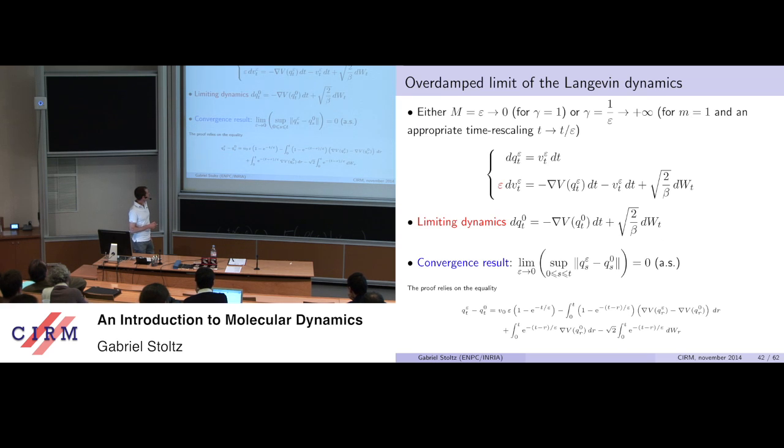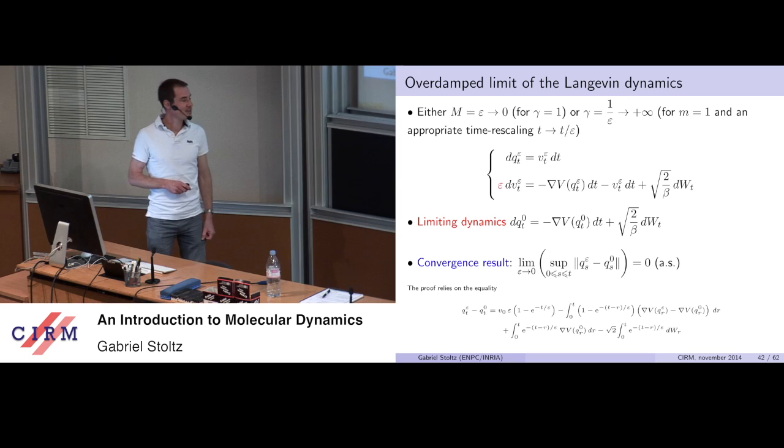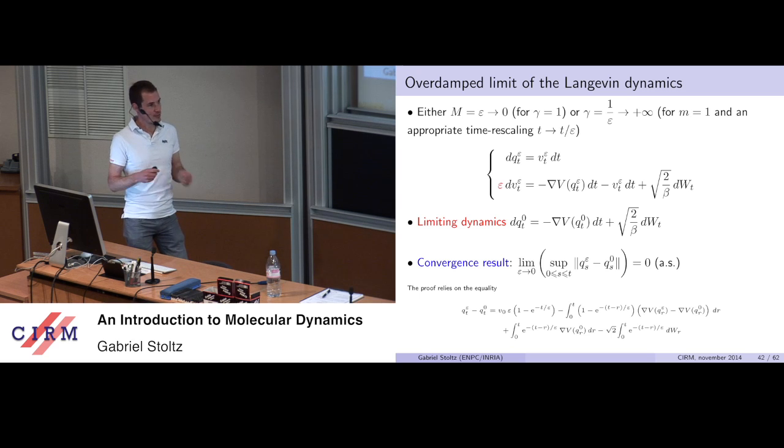Right. So one word now just to make the link between Langevin and overdamped Langevin. As the name suggests, overdamped Langevin is the limit of the Langevin dynamics as the friction goes to infinity. That's one way to look at it. The other way to look at it is to consider the limit when the mass of the particle goes to 0. So you can take either of two limits and then you can rewrite the Langevin.